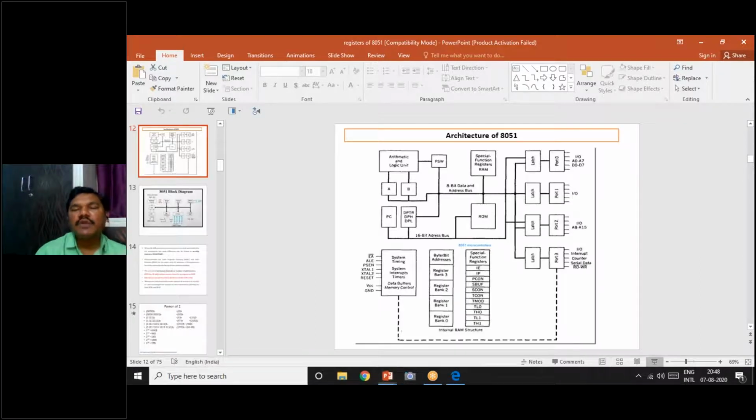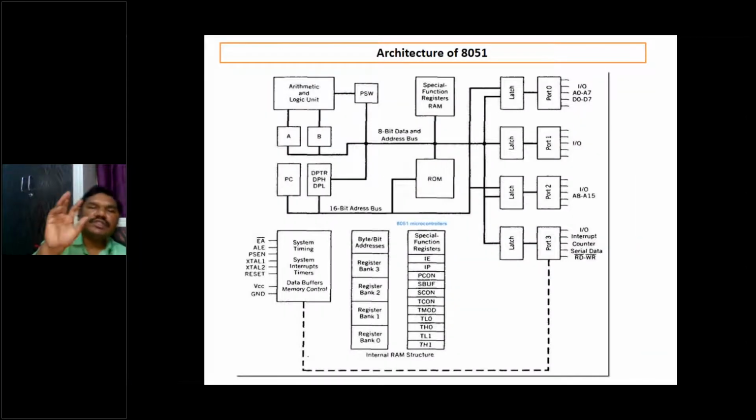So how can you operate this? Some of these registers and some of these blocks are designed in terms of registers. So we can program these devices with the programs stored inside this ROM. So this is the permanent memory and this is the temporary memory. This temporary memory is used to define the two types of memory registers here, that is general purpose registers and special purpose registers, that we will see later.